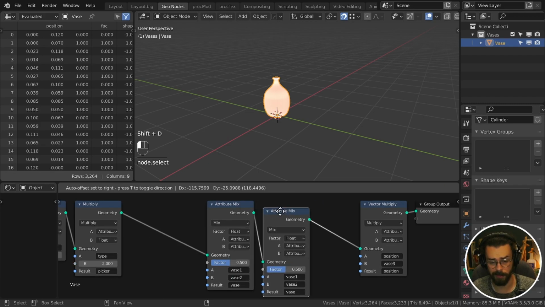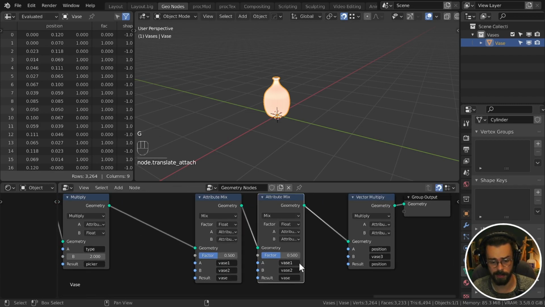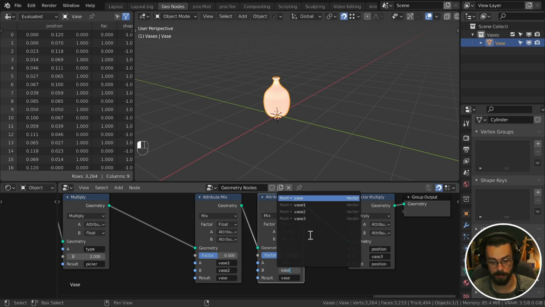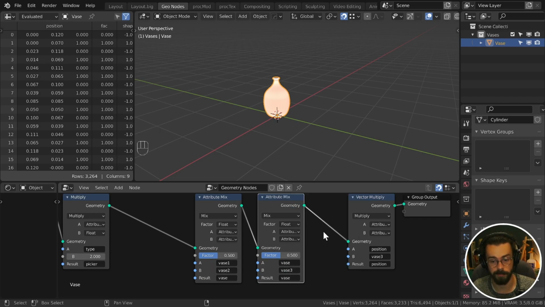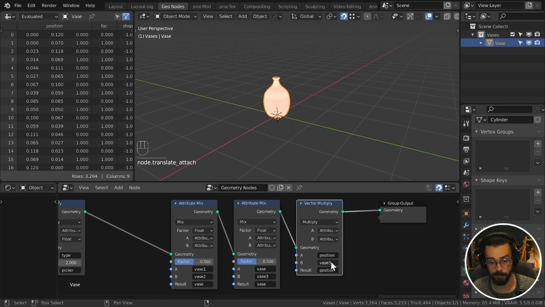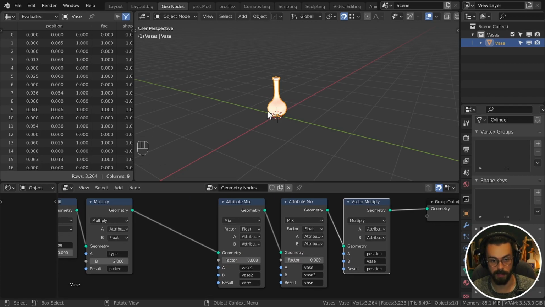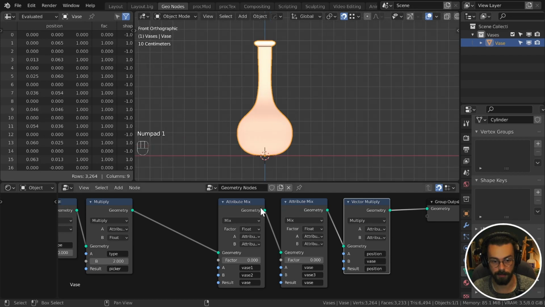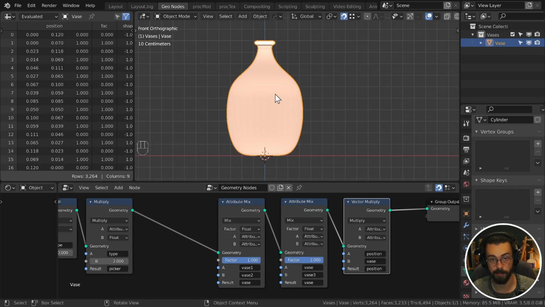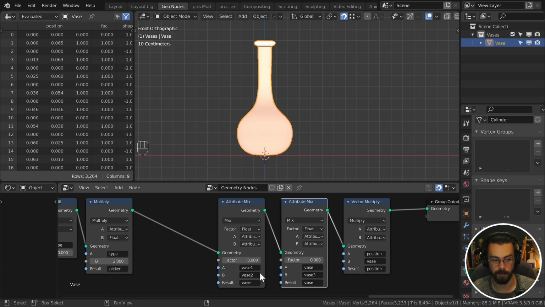And then I'm going to do another mix immediately after, which is going between vase, the output from the first one, and vase 3. And we're going to write to vase again. And then finally, our vector multiply is just going to be vase. You can see that we can go from the first profile to the second profile and to the third profile. So there we go. So we need to have values between 0 and 1, 1 and 2, and map them